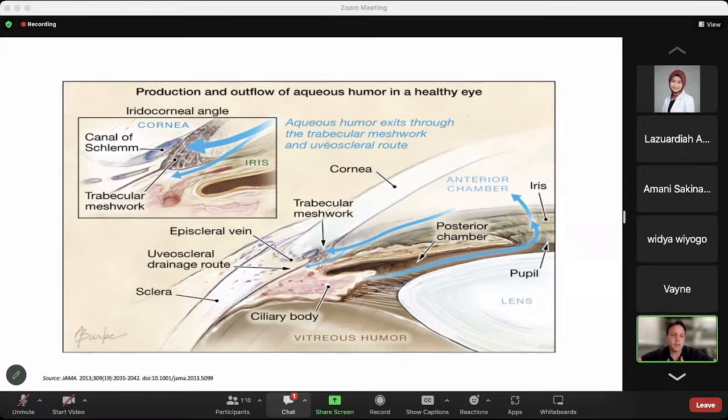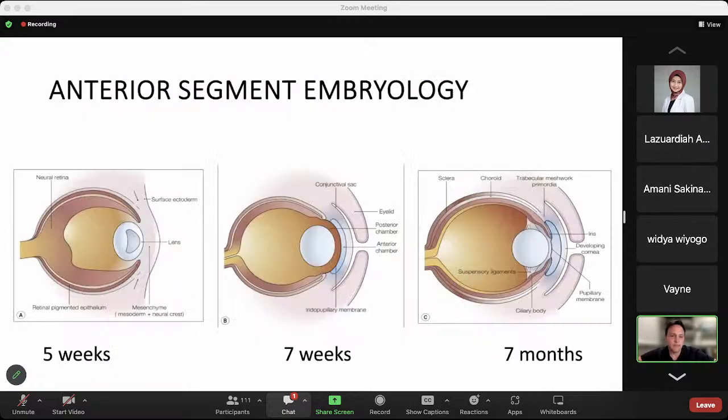Pediatric glaucoma is often associated with a dysgenesis of the angle. And so appreciating how normal angle anatomy develops is important in working out, are you dealing with a primary congenital glaucoma, for example? So if we think about how the anterior segment develops in the baby,